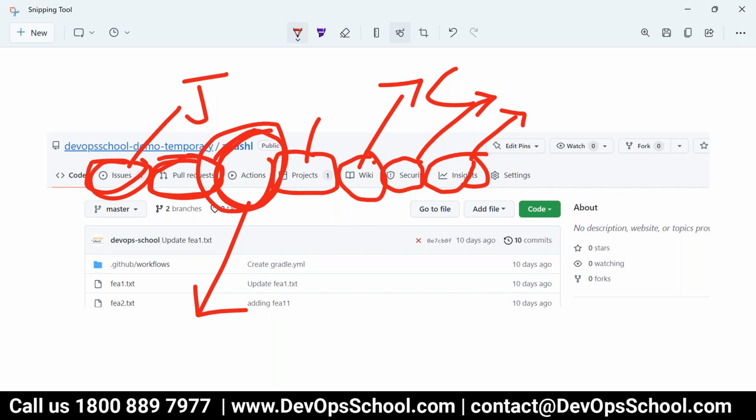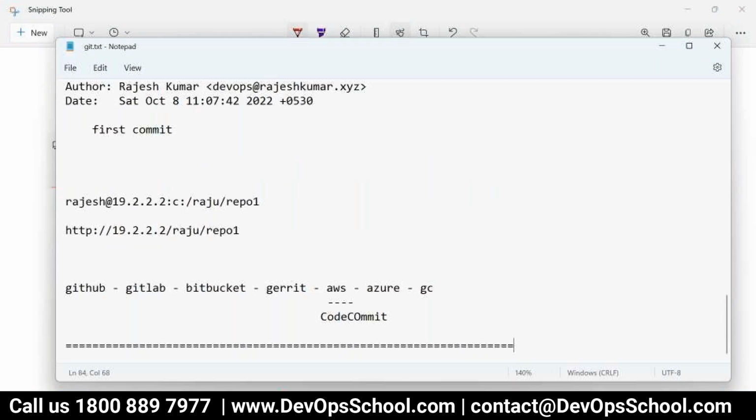Jenkins. Yes. So actually, I'll teach you how to write a code for CI using Jenkins. Whatever tools you are seeing, guys, you can write a CI code on GitHub, you can write a CI code on GitLab, you can write a CI code on Bitbucket, you can write a CI code